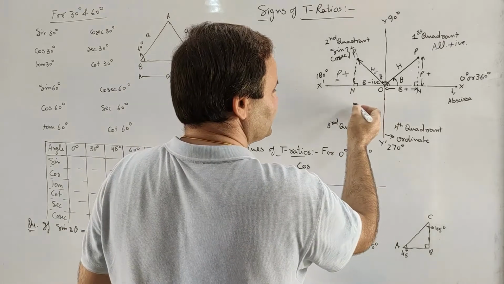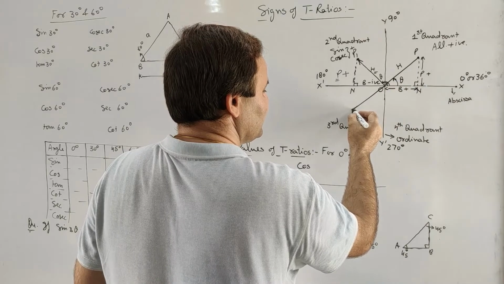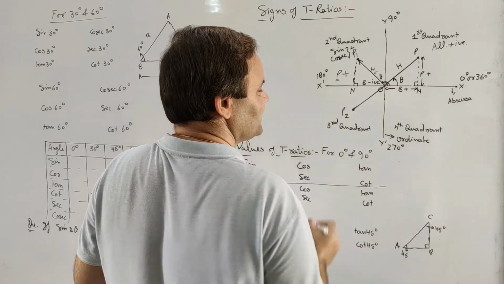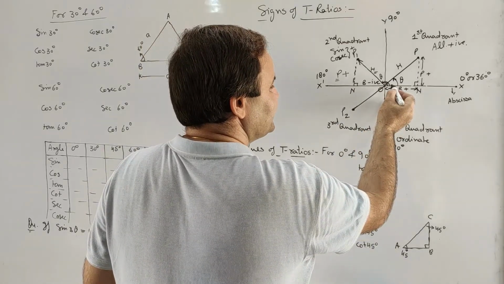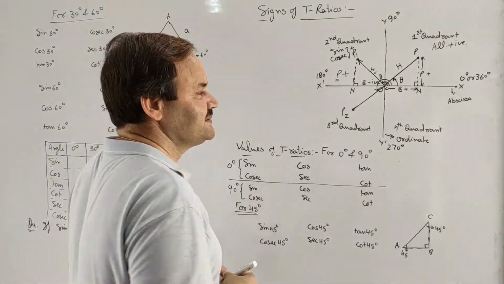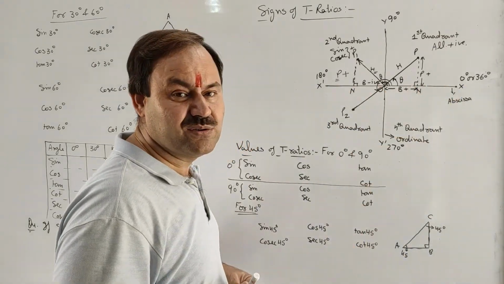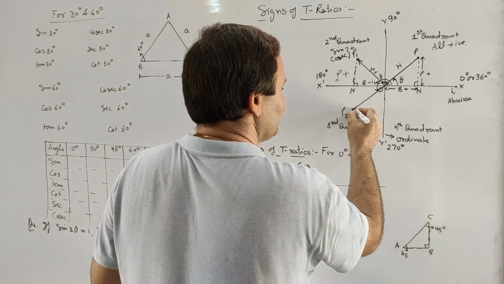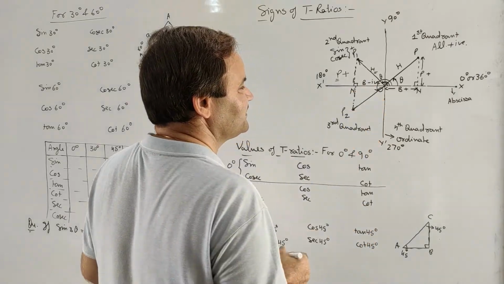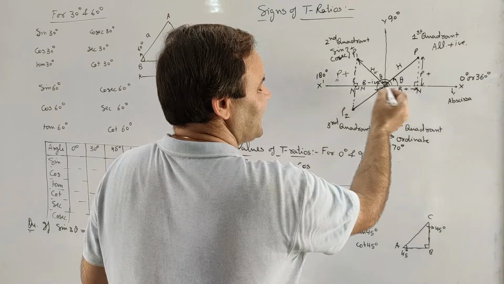Now we come to the third quadrant. If the line OP comes to the third quadrant, then say the point P is at position P2, then this angle will be the angle of rotation of the line, and again the reference line, that is base, is along the x-axis, so we will have to again draw a normal from P2 over base, and say this time this normal meets the x-axis